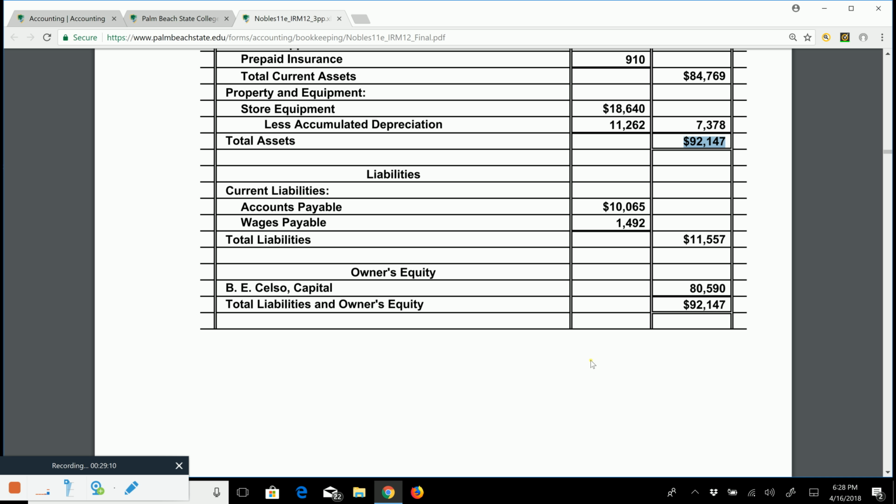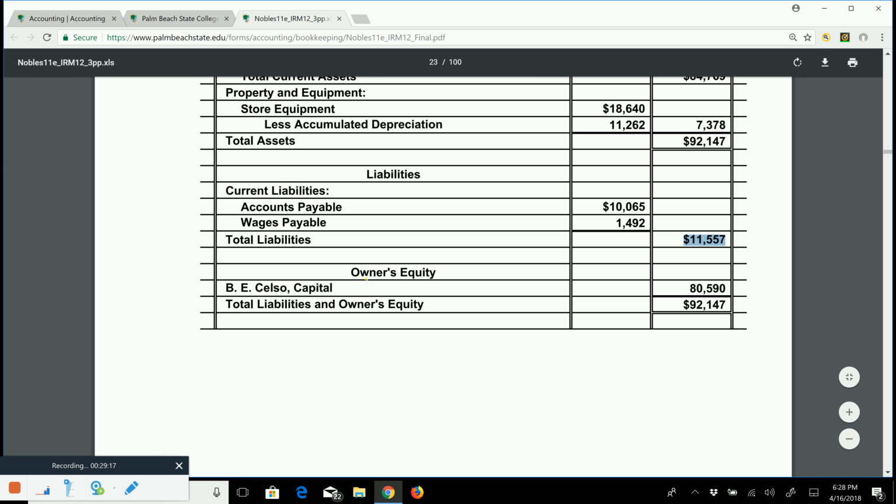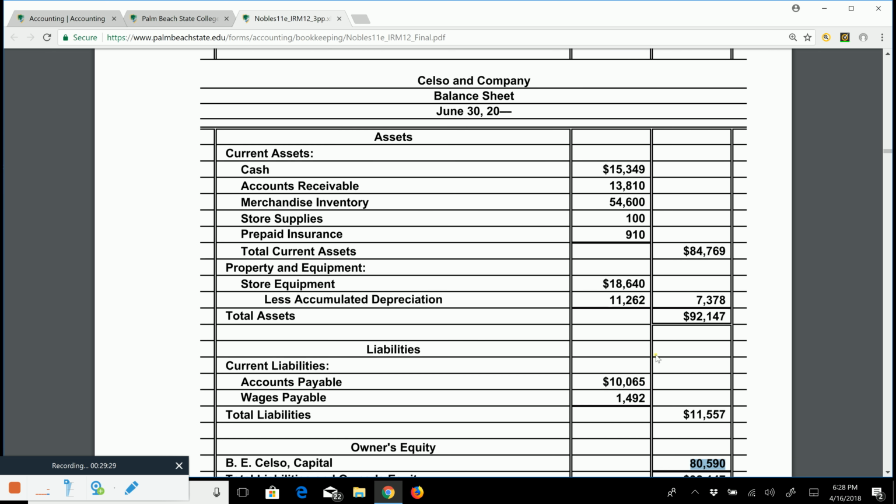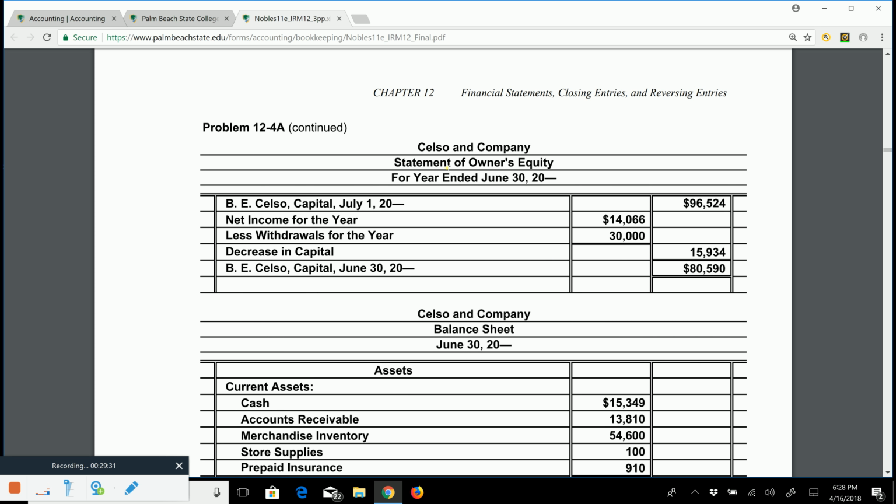And so we can see our total liabilities, which are all current, $11,557. And your last section of the balance sheet, the equity section, which includes the capital account, and $80,590 is the ending capital account. Where will you find that number? If you come back up to the prior financial statement we put together, there is your ending capital,